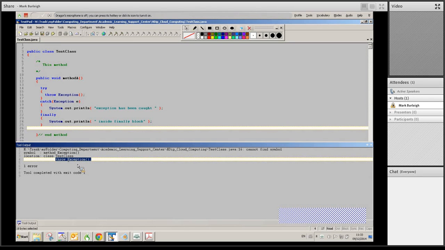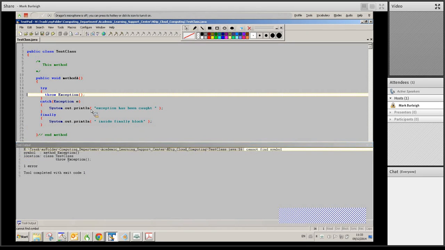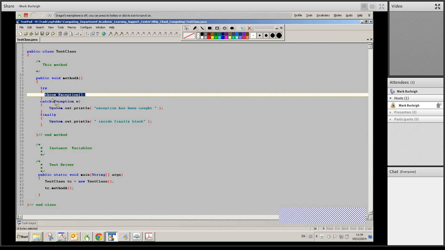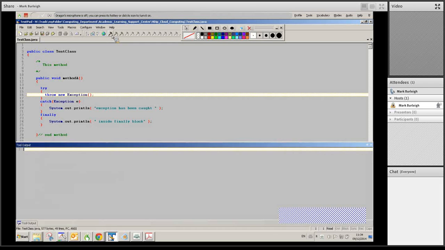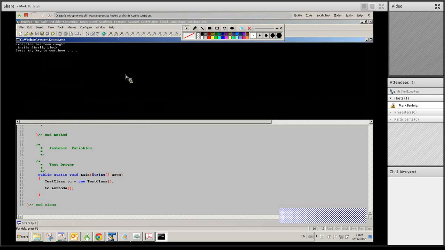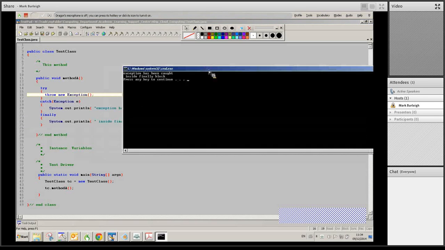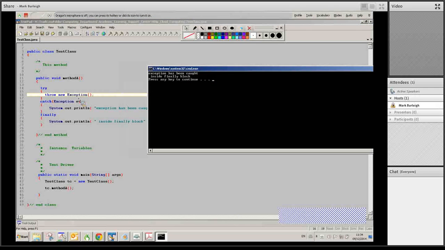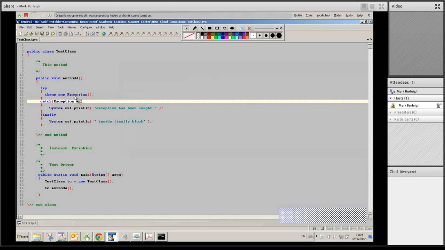I want you to think about what the problem is. It's on line 16. What is the problem there? You should have guessed it by now. Throw new exception. So if I compile this, and there we are. And again, I'm just going to briefly run it. And as you can see, it runs the exception. The program runs,